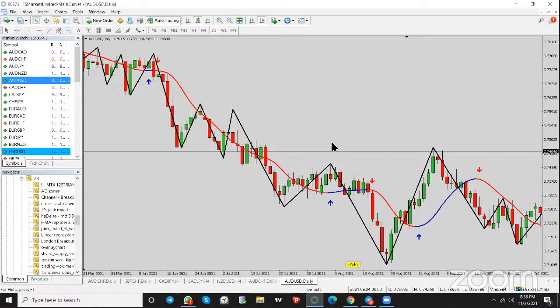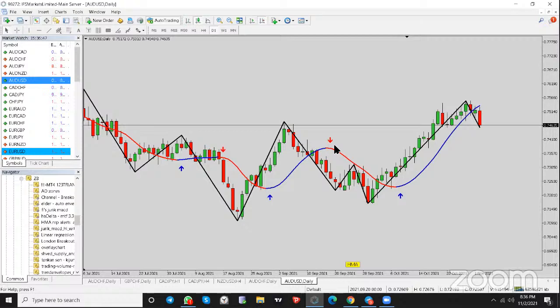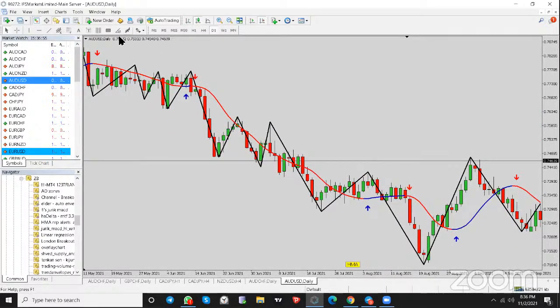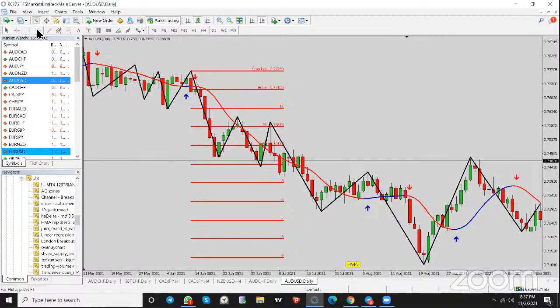Now, one very important thing is that I will only trade one signal per trend. Every time there's a trend change, there's only one signal that I will jump in on. So there are times where you can see, let's say for this, the stop loss will be here. And when the opposite signal is generated, let's say here, the stop loss will be in between